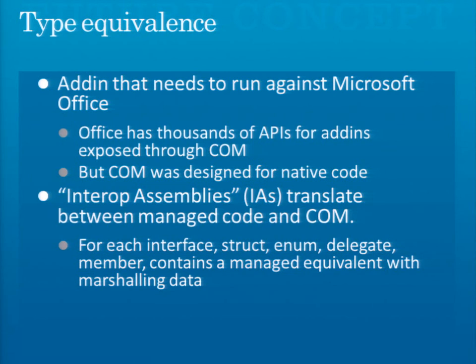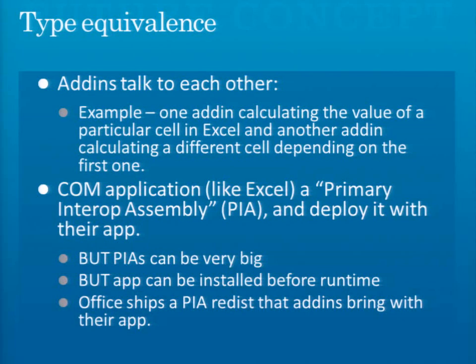So we have something called interop assemblies, or IAs, and those help us translate between managed code and COM. They contain the marshalling information that we need to translate from managed to native. For each interface, struct, enum or delegate, there's a managed equivalent with that marshalling data. Now it turns out, and this is where things get more interesting, that the add-ins often need